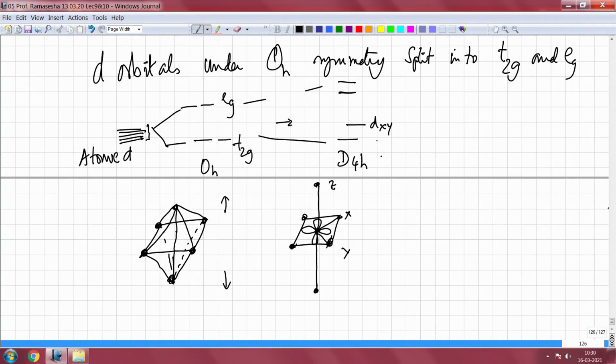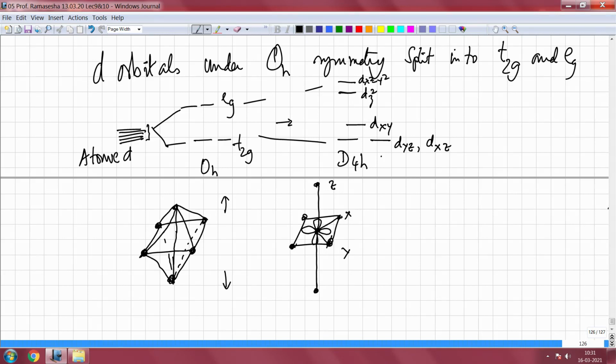They will be somewhere here, because only along one axis, either x or y, is the ligand close, dyz or dxz. In this, only along the x axis the ligand is close, along the z axis the ligand is far away. So, the energy is going to be lower for dyz and dxz compared to dxy, and this will be such that dx squared minus y squared will go up and dz squared will be here. So, this is the way the energy splits.